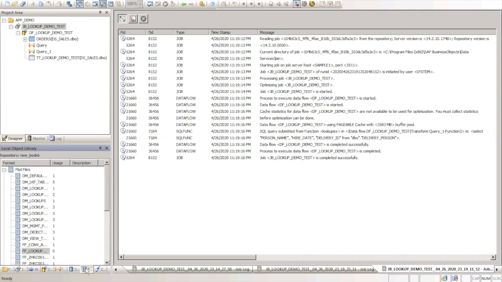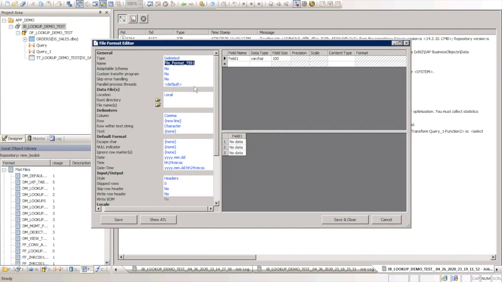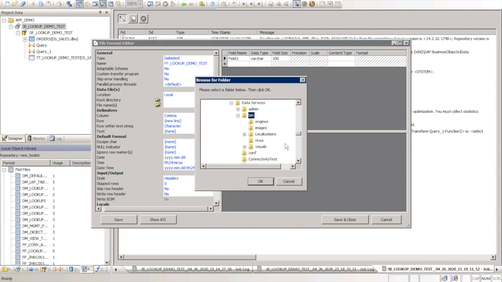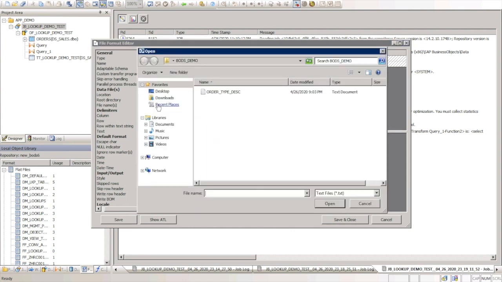To define a format, I will go here, right click, and select file format, and I will give a name like lookup demo test, and I'm going to choose which file it is. It is in my local, so yeah, this is the folder, this is the root directory, and this is the file present there.